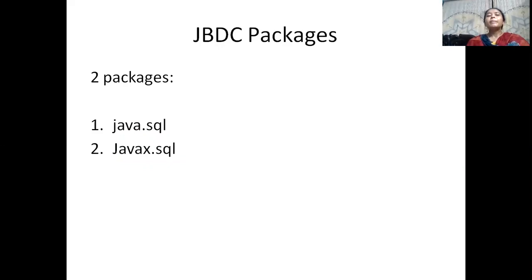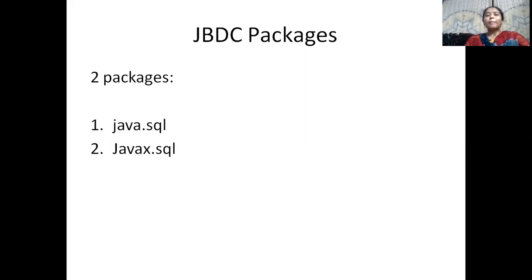So finally, the JDBC packages are of two different types. What I mentioned here on the screen, java.sql and javax.sql, are the two different packages. The Java JDBC API is contained in two packages. The first package is called java.sql and contains the core Java data objects of the JDBC API. These data objects provide a connection to the DBMS and interact with the data stored in the DBMS.